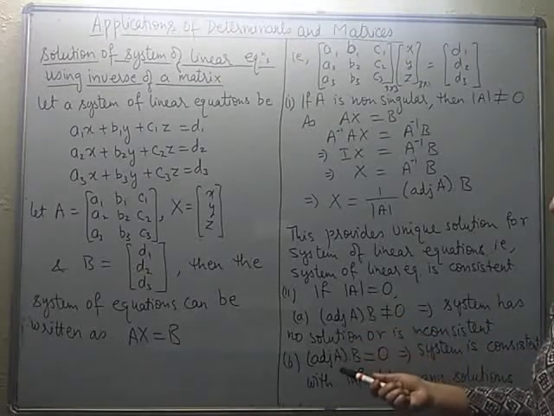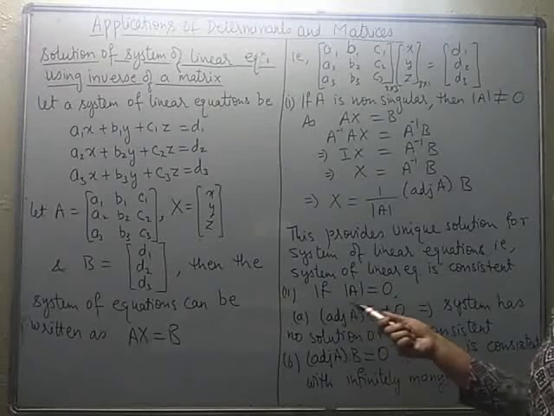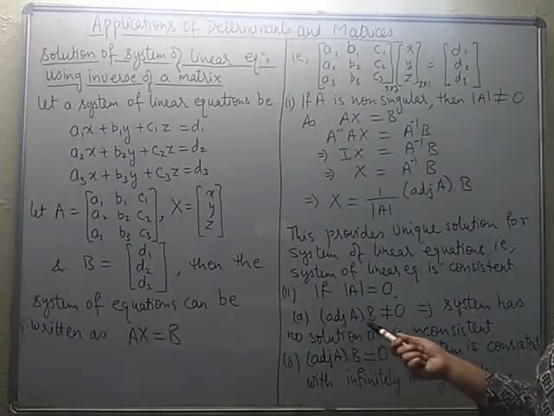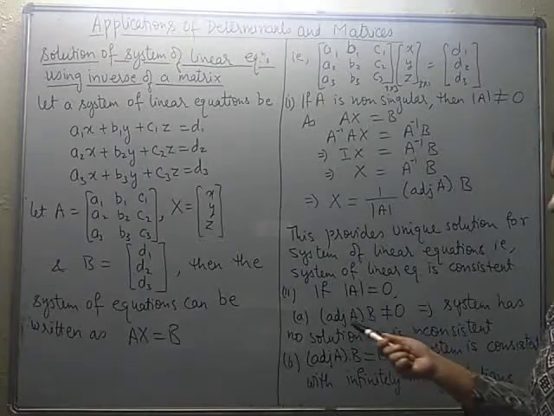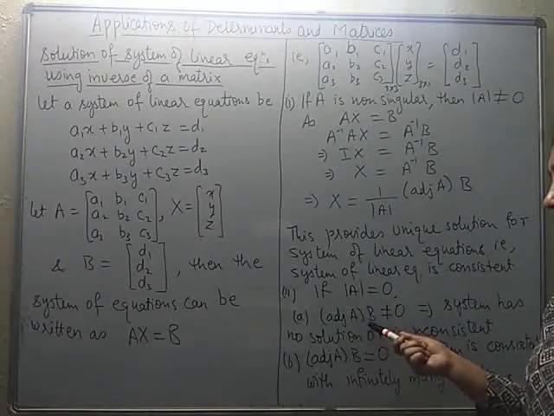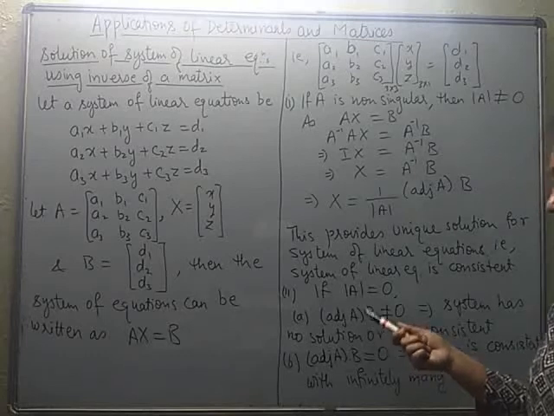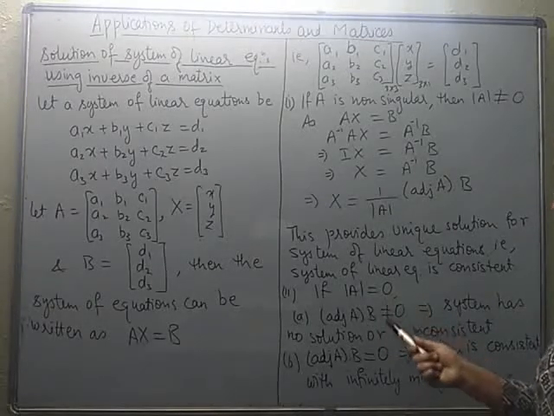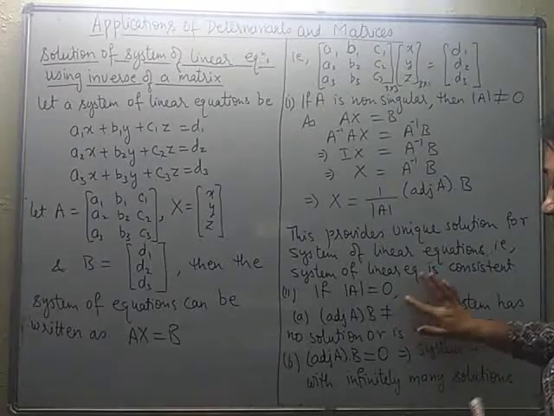That will depend upon this product. So if the determinant of A is 0, we need to check what type of matrix this product is. If the product of adjoint of A into B does not come out to be a null matrix, this is not 0, this is a null matrix,